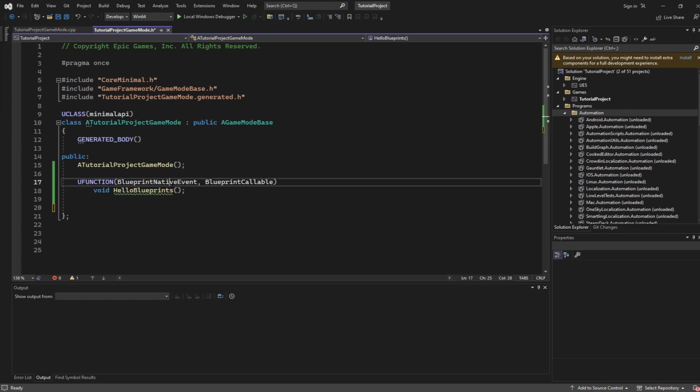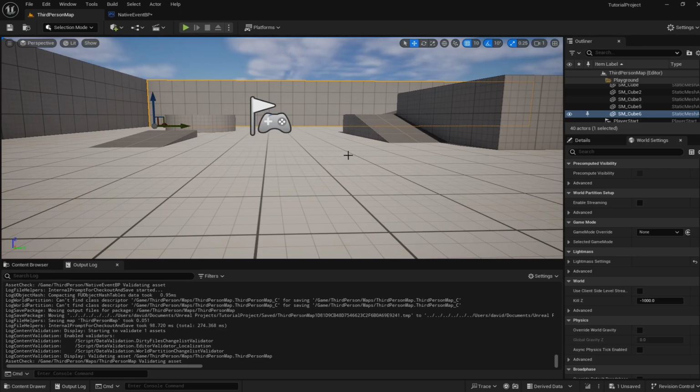Today we're going to talk about the BlueprintNativeEvent, which is a tag we can use on our C++ methods in order to make them overridable in blueprints. Let's talk about the ins and outs of this. So that we're all on the same page, I am just in a simple third-person template project, and now let's